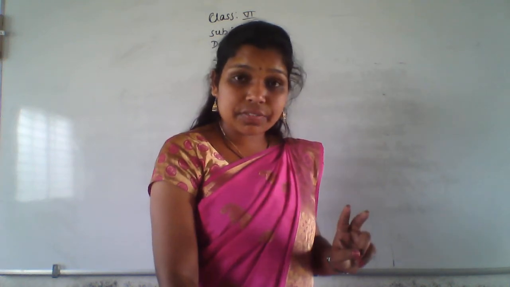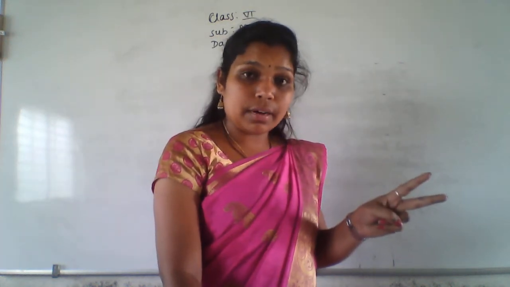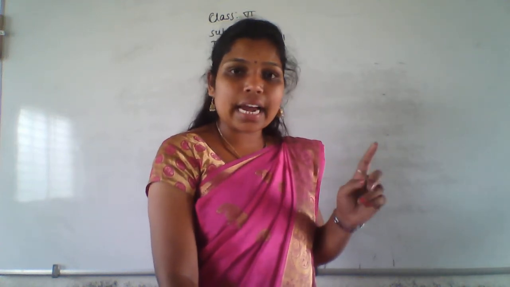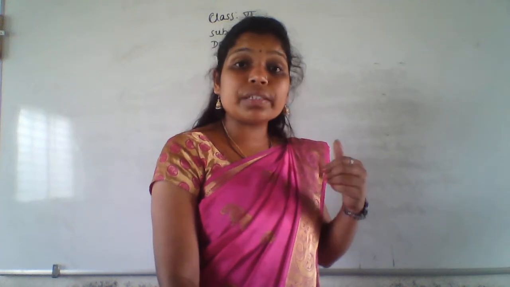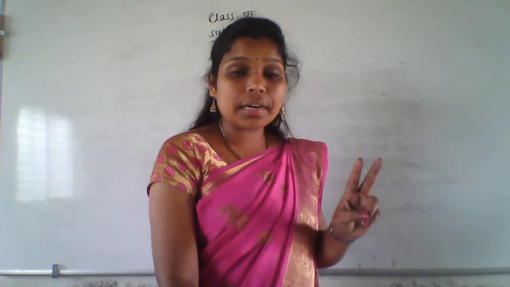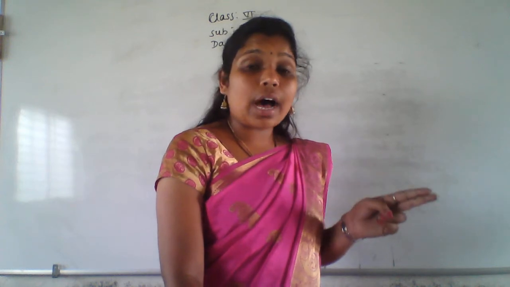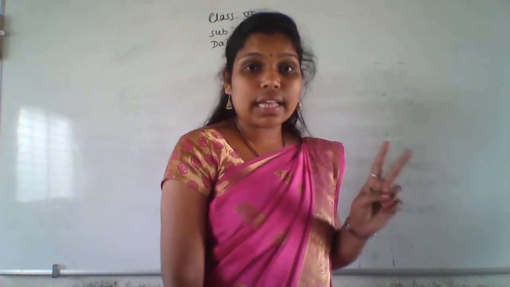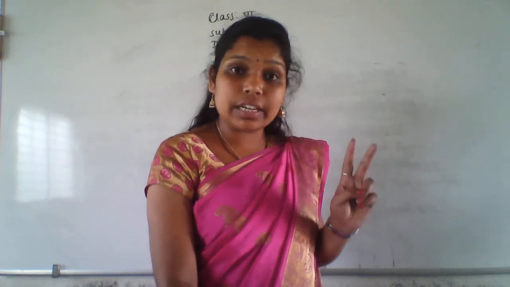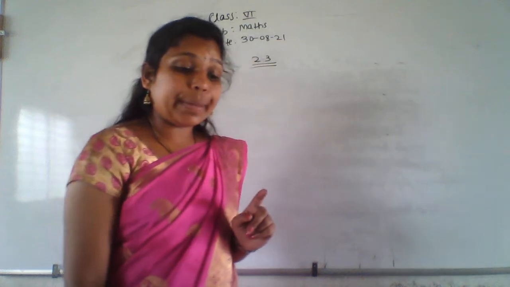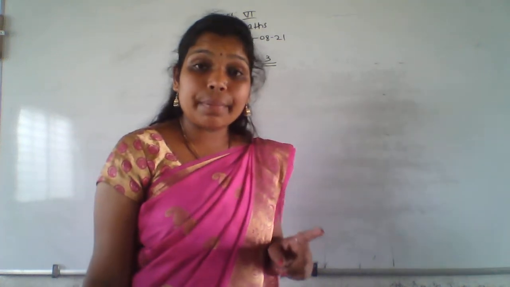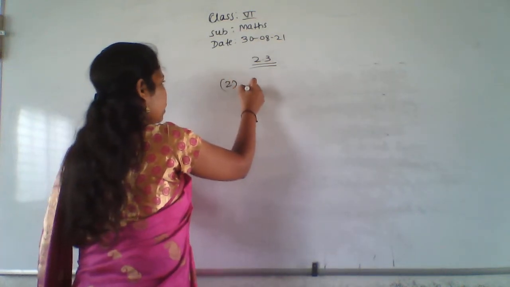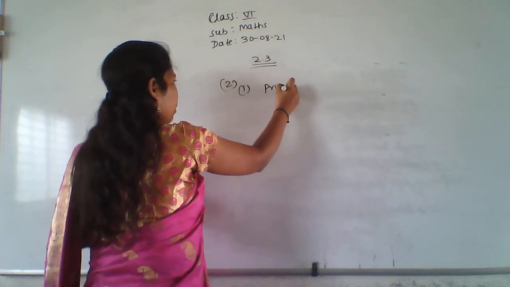If the difference between any two prime numbers is 2, it means 3 and 5. 3 and 5 are prime numbers. What is the difference between 3 and 5? 2, right? Then we can say those two are the twin prime numbers. So pairs of dash numbers, pairs of prime numbers. The first answer is prime numbers.